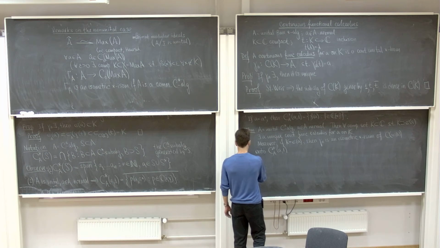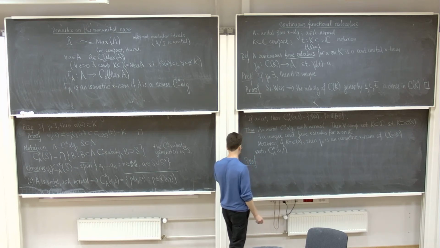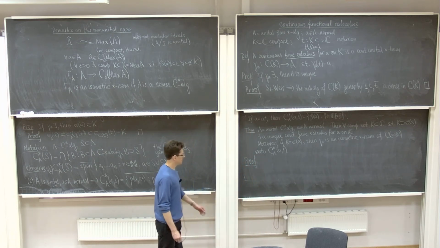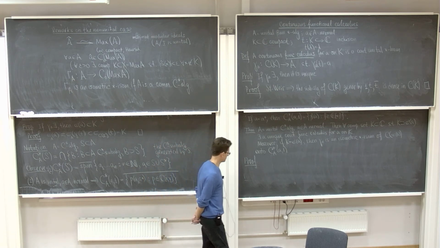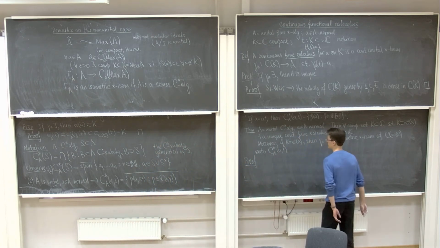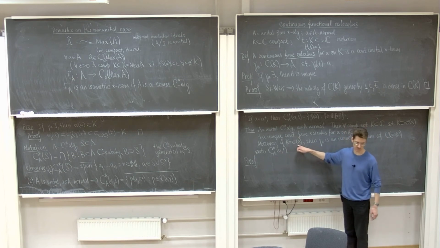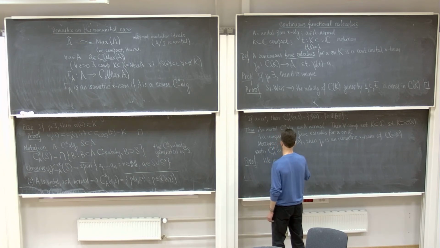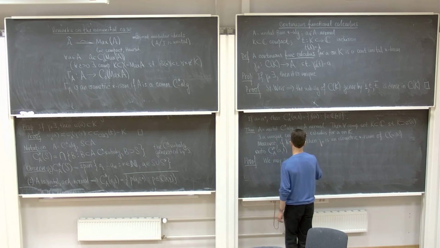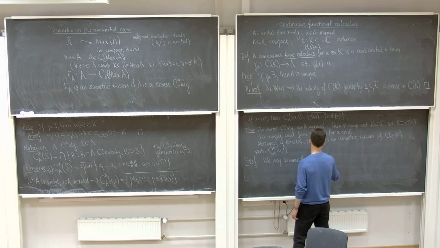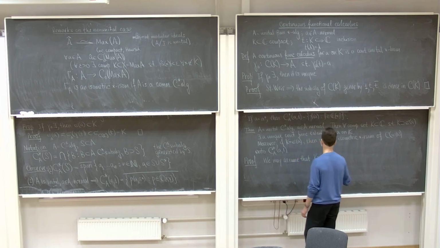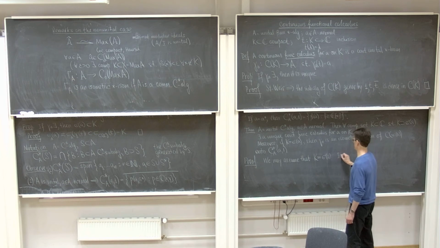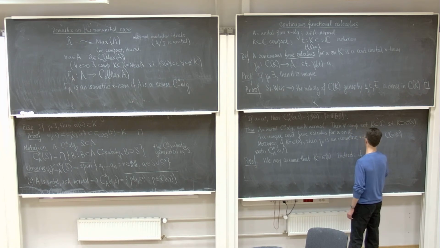Okay, let's now prove this result. First of all, we observe that we can reduce everything to the case where K is exactly the spectrum. So we may assume from the very beginning that K is exactly the spectrum. Well, indeed, if K contains the spectrum,